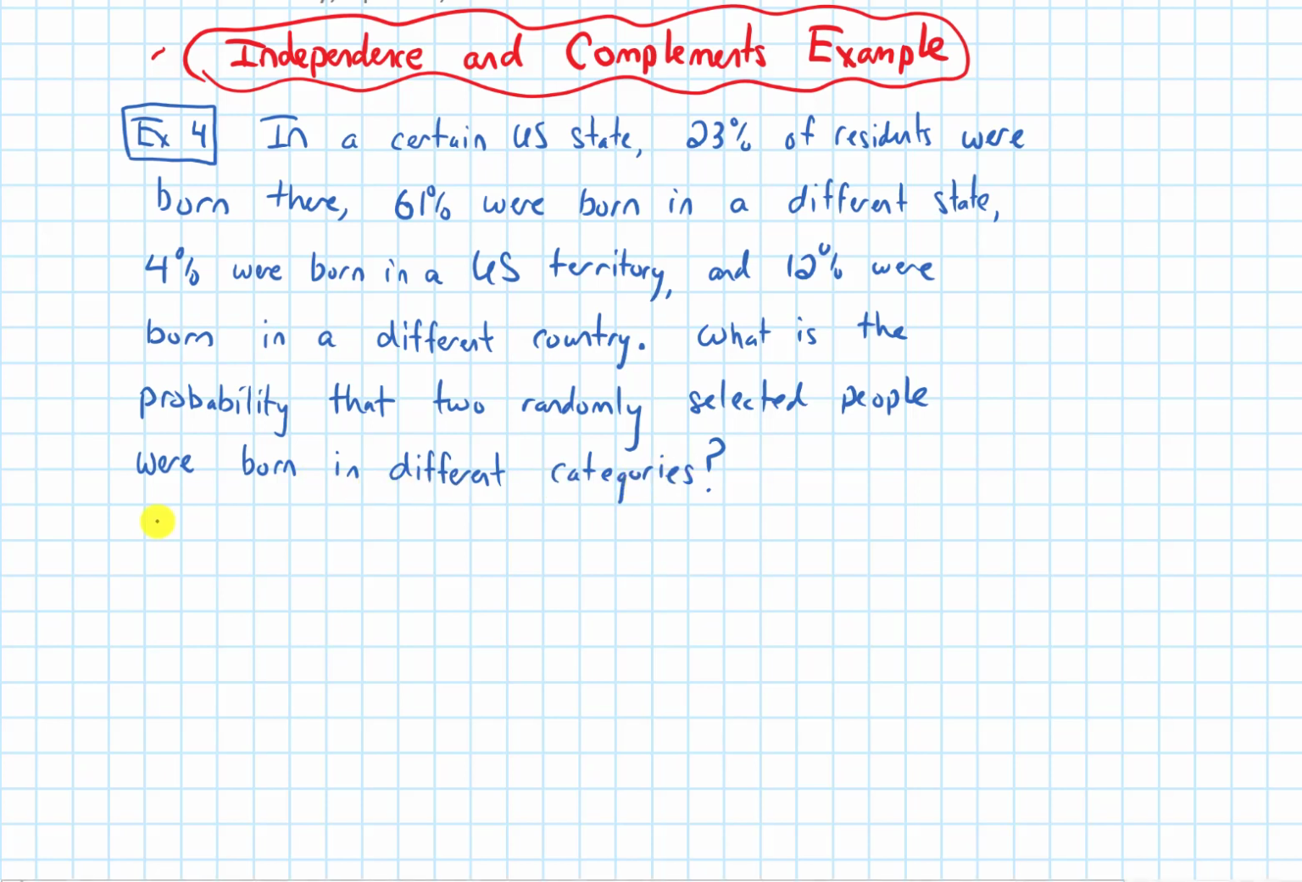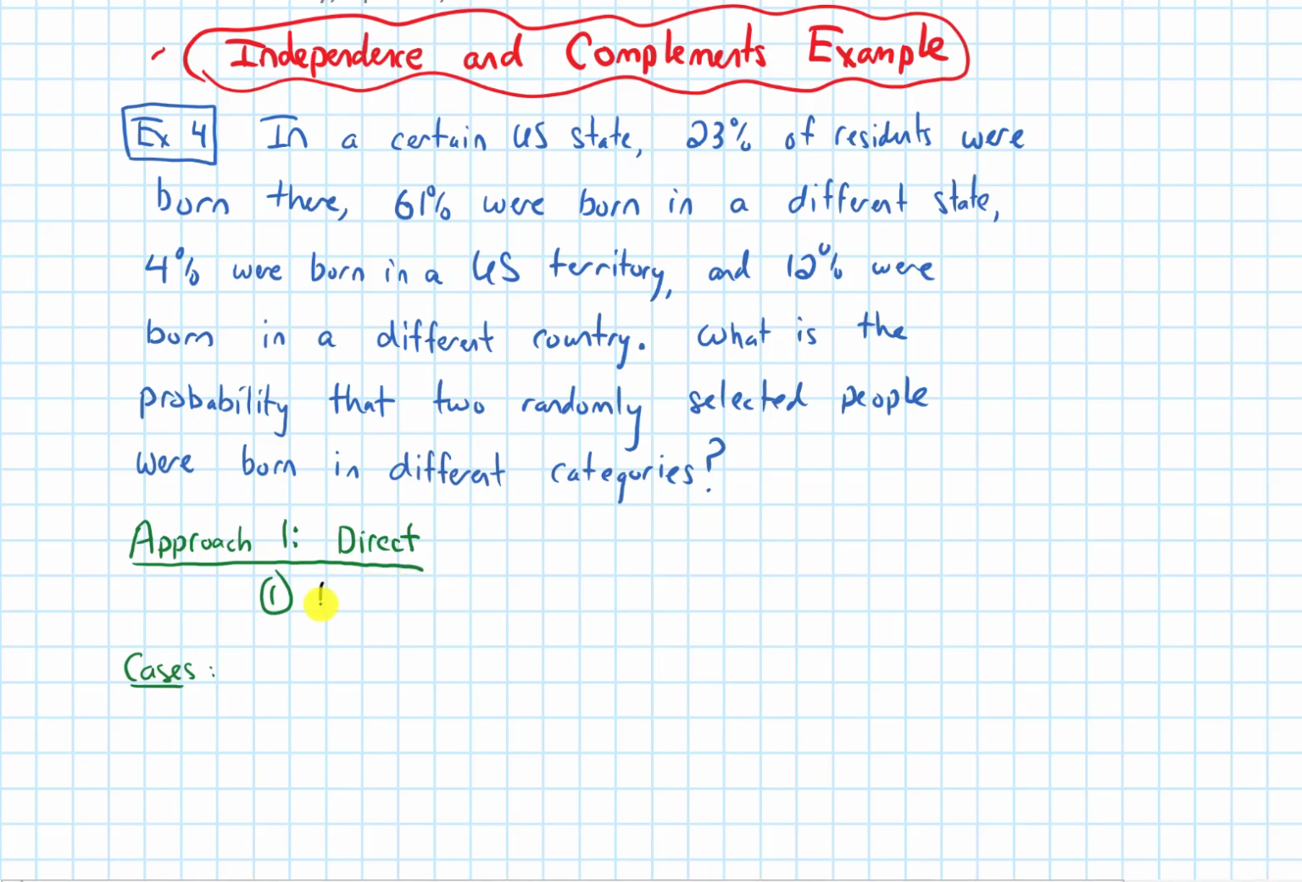Alrighty, so I'm going to talk about two approaches to this. Approach one is going to be a direct approach. With the direct approach, we know we're after the probability that these two people are born in different categories, and there are 4 categories here. So this suggests that we're going to have some cases. For example,